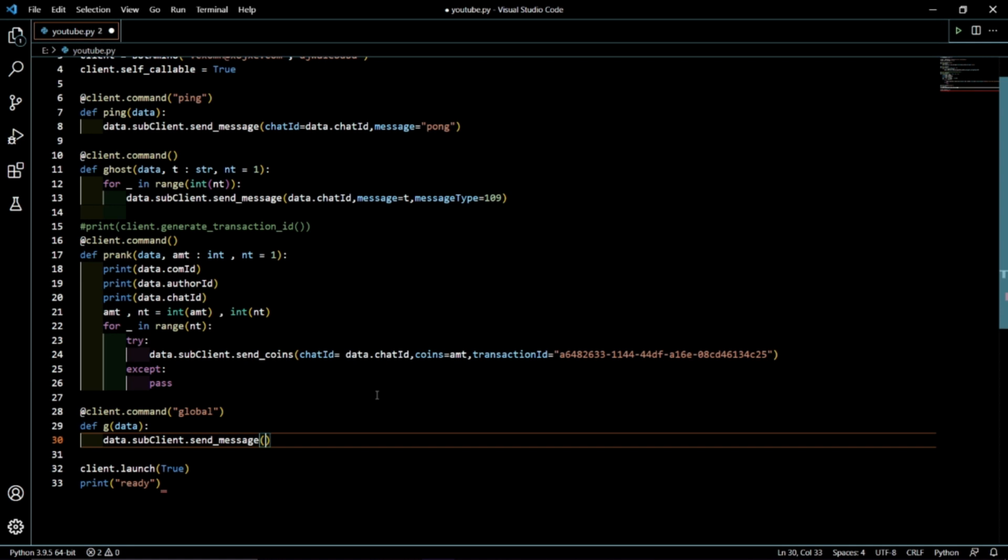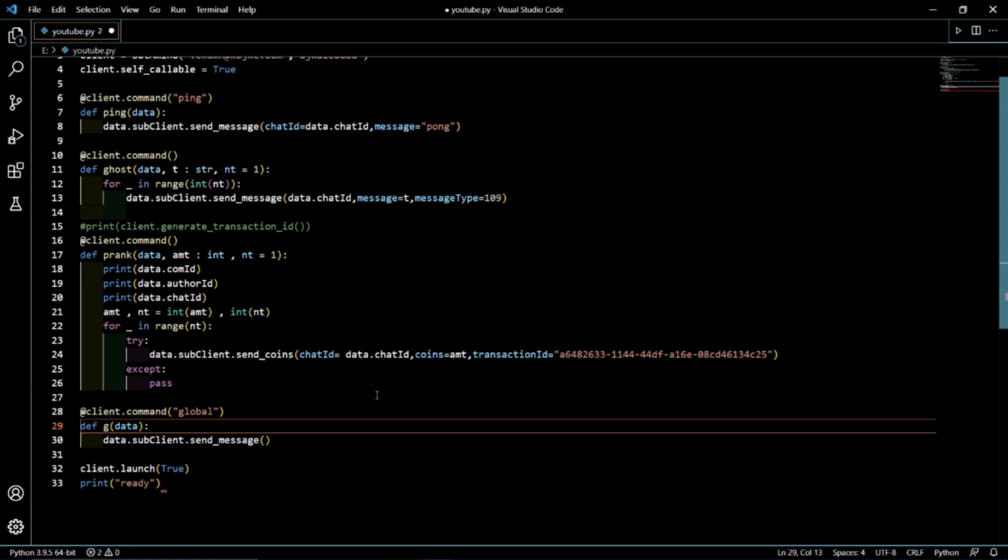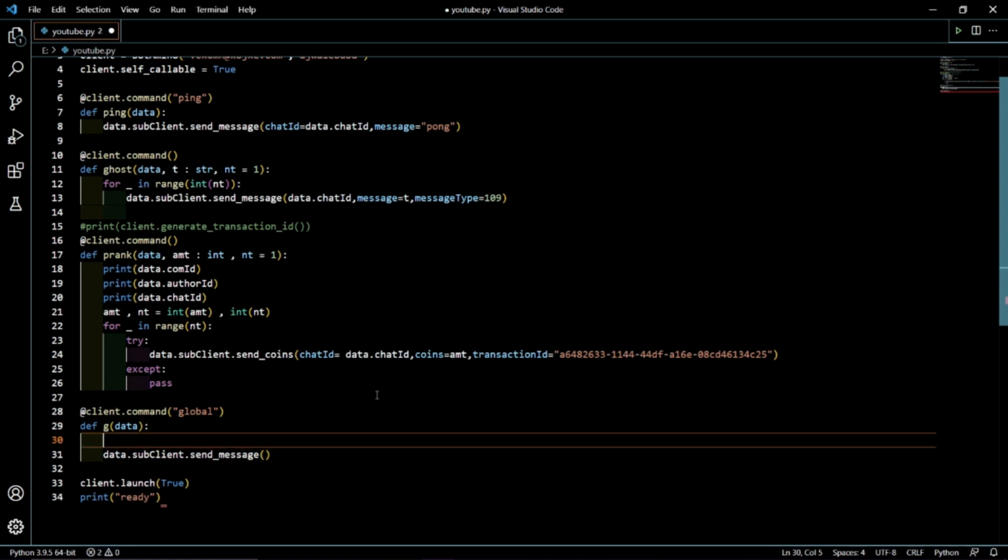Okay, so first we have to find the user. Imagine you have mentioned a user. So when you mention a user, first we have to find the details: data.subclient.get_message_info, chat id